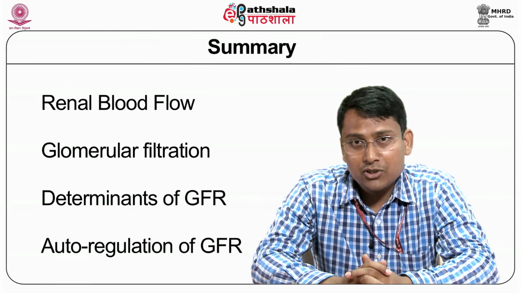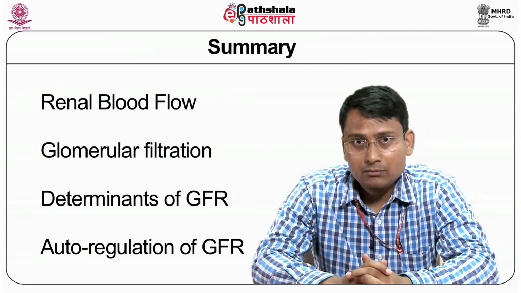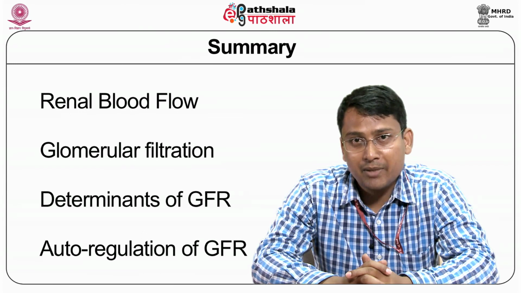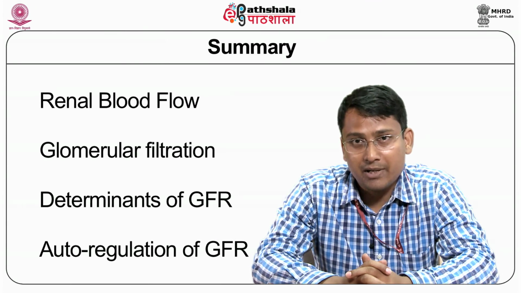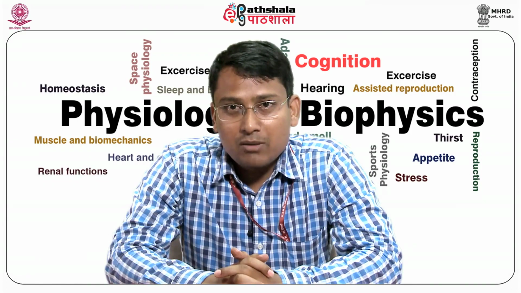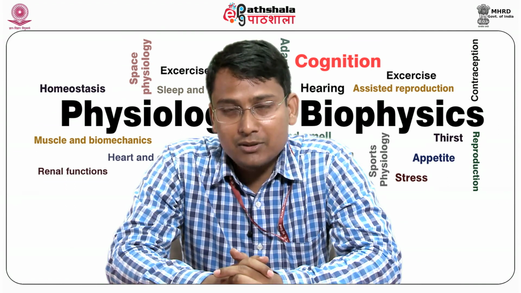Then we discussed that constriction of the efferent arteriole increases the GFR and urine output and vice versa. In autoregulation, we discussed the intrinsic myogenic mechanism first, which is a generalized mechanism, and the tubuloglomerular feedback mechanism, along with the understanding of the juxtaglomerular apparatus. The tubuloglomerular feedback acts at the level of the individual nephron. So, this concludes the topic. Thank you very much.